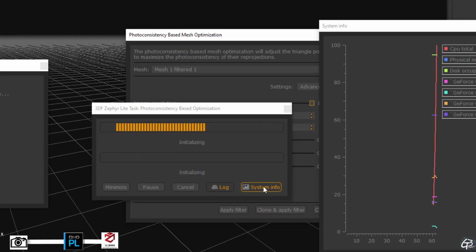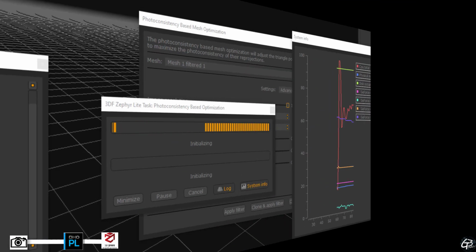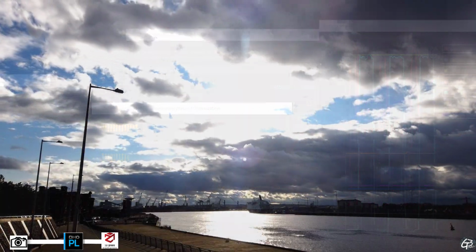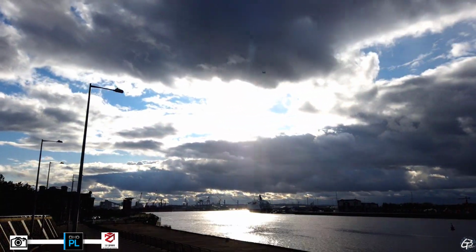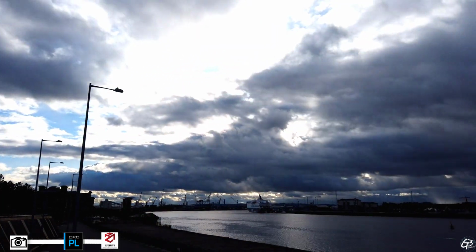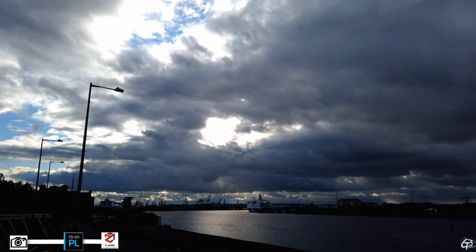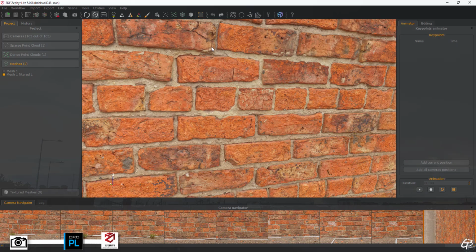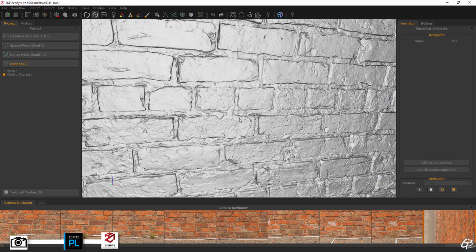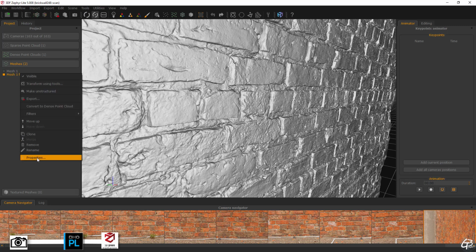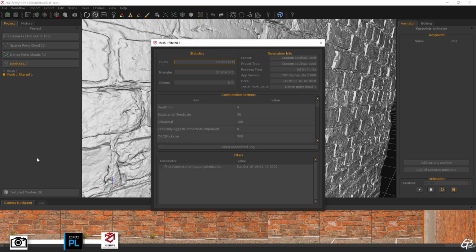At this stage we can decide if we want to apply filter to already existing mesh and override it, or do we want to apply it to its clone. The second option makes more sense, as this way we can always go back and save 2.5 hours of initial reconstruction when we are not happy with the photo consistency pass result and want to repeat it. And here is the result. This single photo consistency pass took 1 hour to process and increased the mesh density to 37 million triangles.